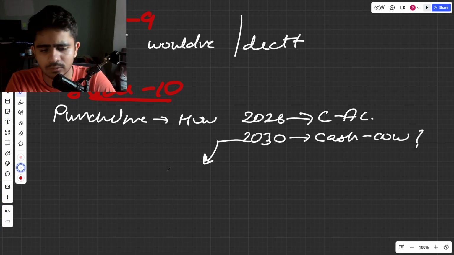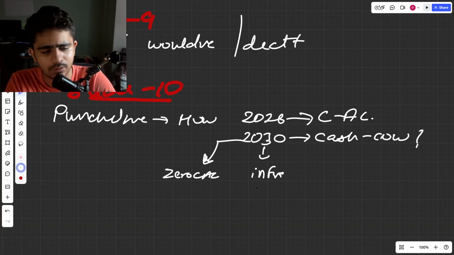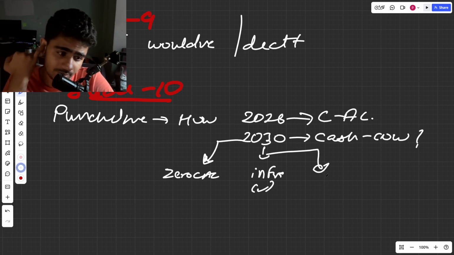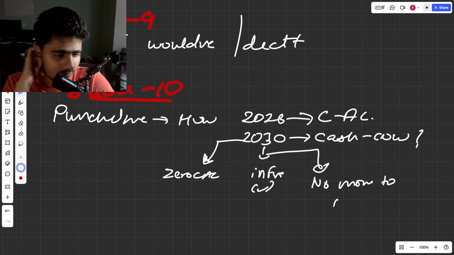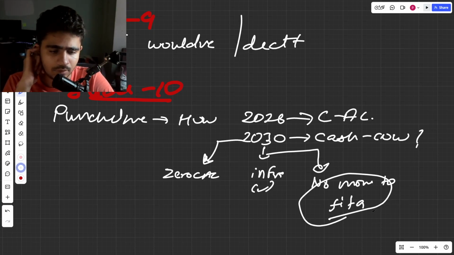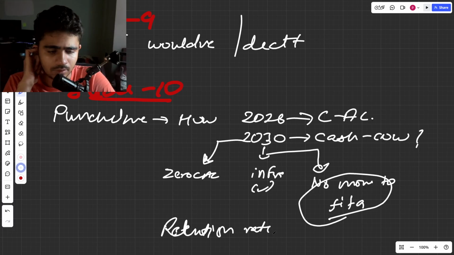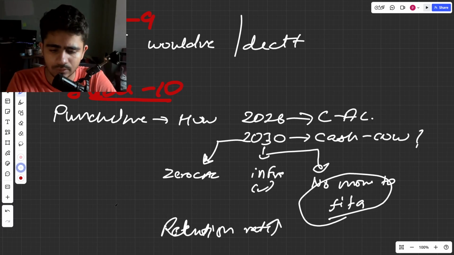Because zero this infra ready, and there's another one here, no money to free. And then retention rate. Okay, slide number